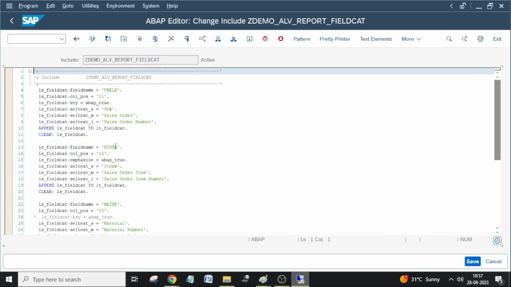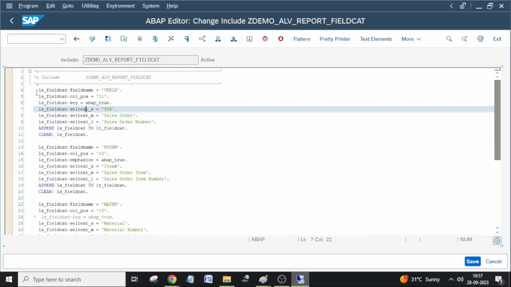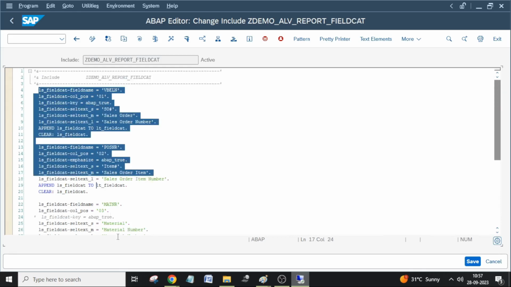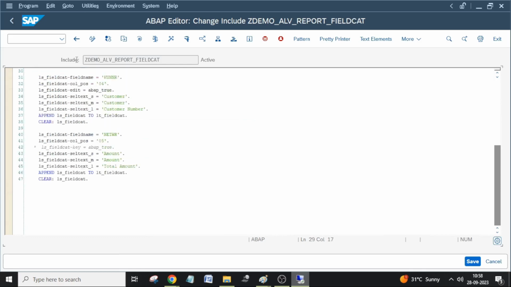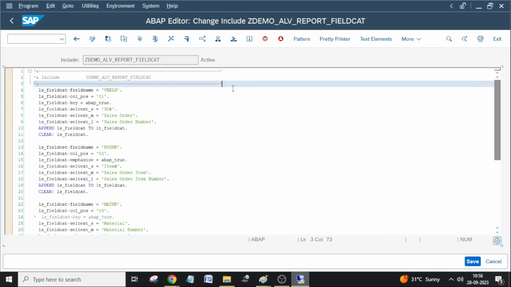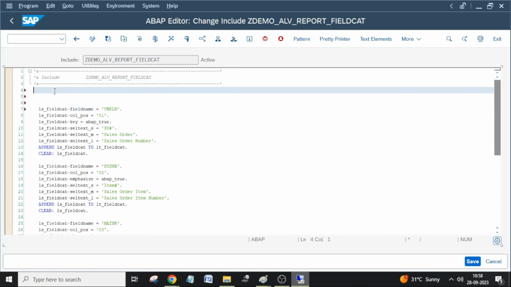Yes, sir. And how can you modularize it further? I don't want to write these append statements multiple times. I want to modularize it. Do you want me to keep it as it is or what? I'll do one thing, I'll comment this, or I'll comment it later. What I want to do, I don't want to use these many append statements, right? How can you modularize further? We can use